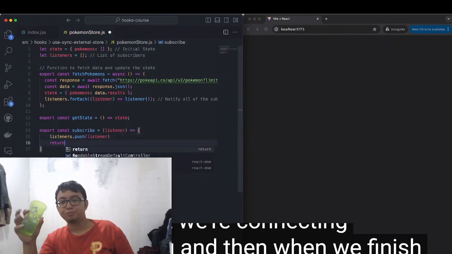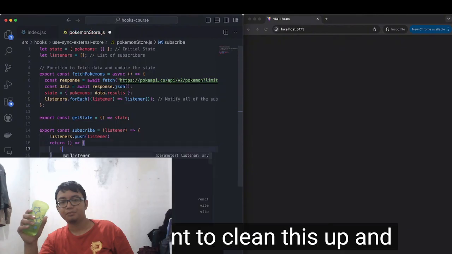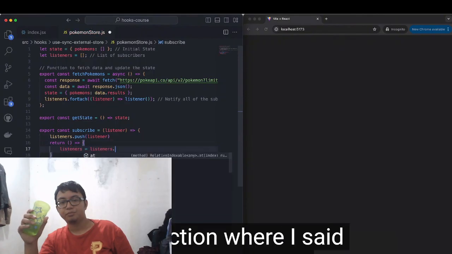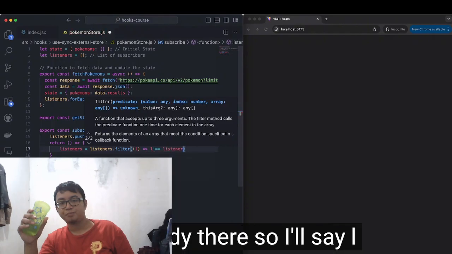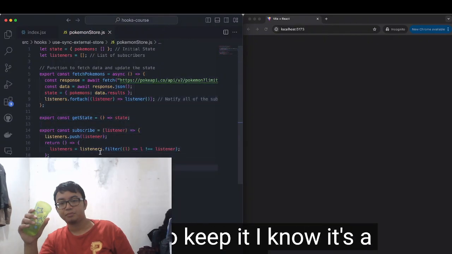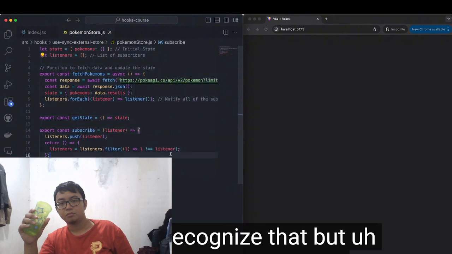And then when we finish this, we also want to clean this up and return back a function where I say listeners is equal to listeners.filter, and we'll just filter out if the listener is already there. So I'll say l is not equal to listener. So just some logic to keep it. I know it's a bit confusing, I recognize that, but this is a very common pattern that you might see when creating a store like this,